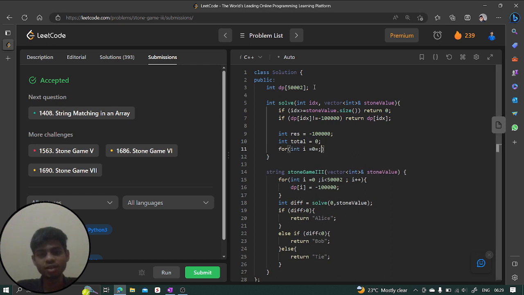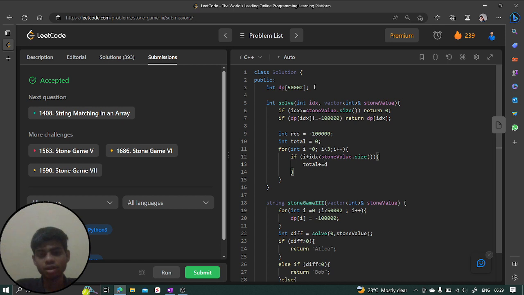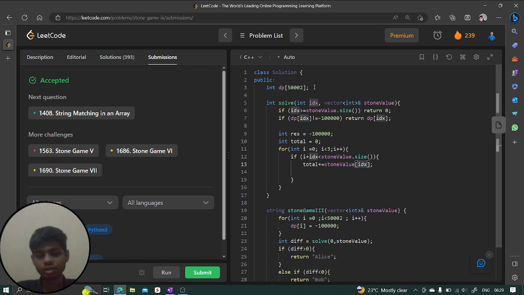Now we are going to have three possibilities here: for int i = 0, i less than 3, i plus plus. Here first of all we check the condition if it is not out of bounds, right? So if i plus idx is less than stone value dot size, we can take this pile: total plus equal to stone value of idx plus i, right? Once you have taken this, you can say check for the result is going to be nothing but maximum of result comma